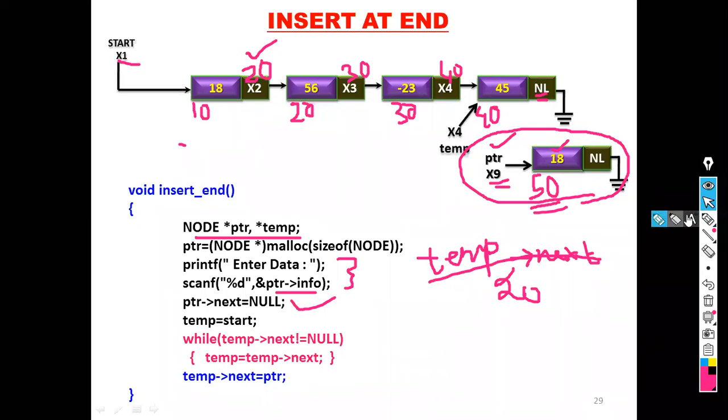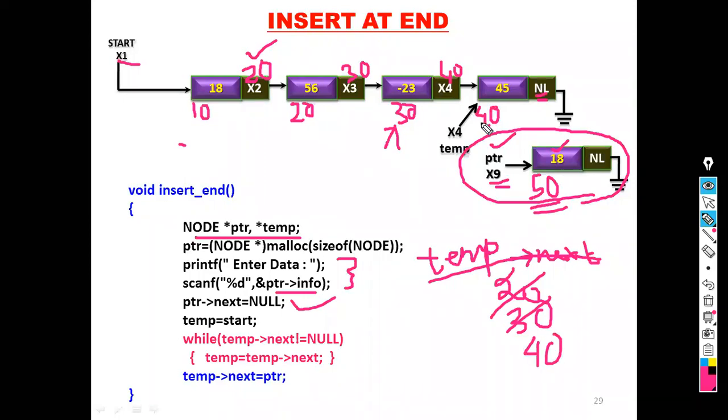Temp next equal to 30. 30 is not equal to null, so temp equal to temp next. That means now temp is pointing to 30, the node that is present at the index 30. What is temp next? That is 40. 40 is not equal to null, so temp equal to temp next, that is 40.